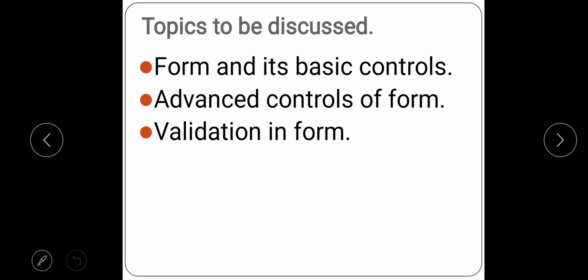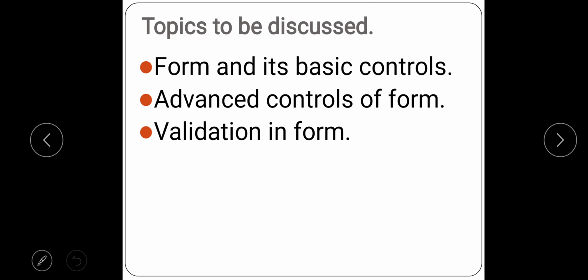Right? So in this topic we will study what are the new controls introduced in advanced web designing, what is the purpose to introduce them, what work they do, and how to create these controls.